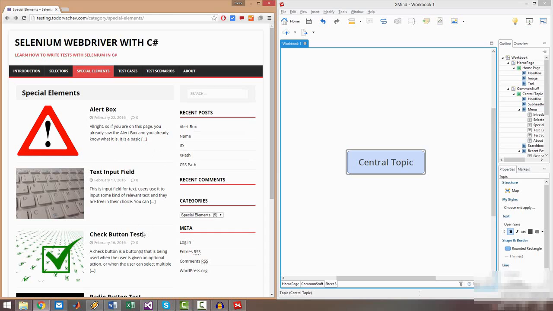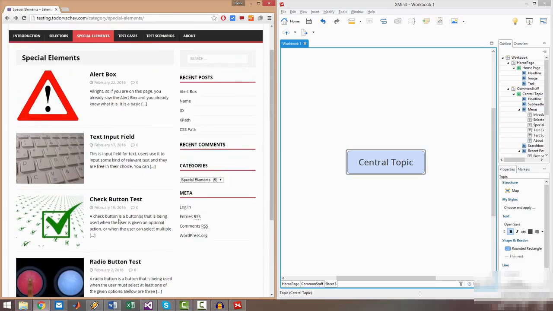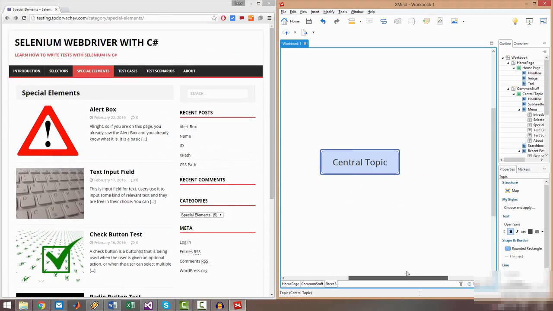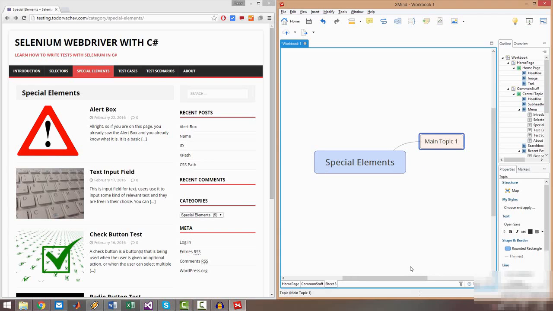And we have all this in common for all these posts. So you can simply say special elements, and you have headline, you have post structure, let's say,